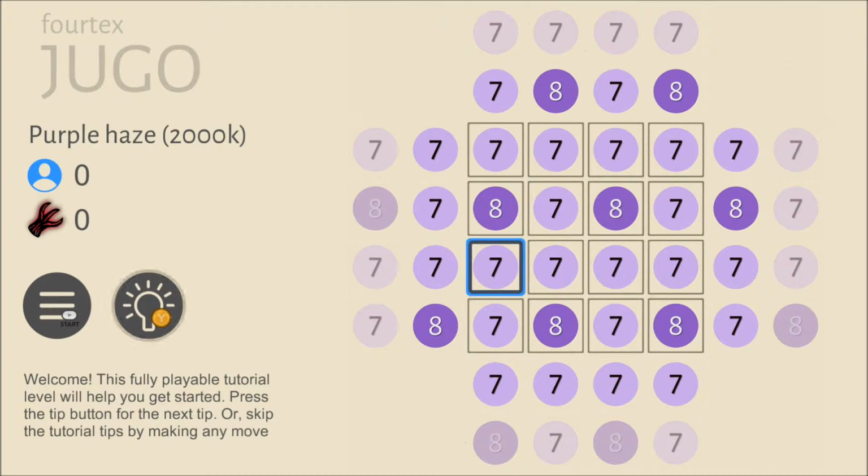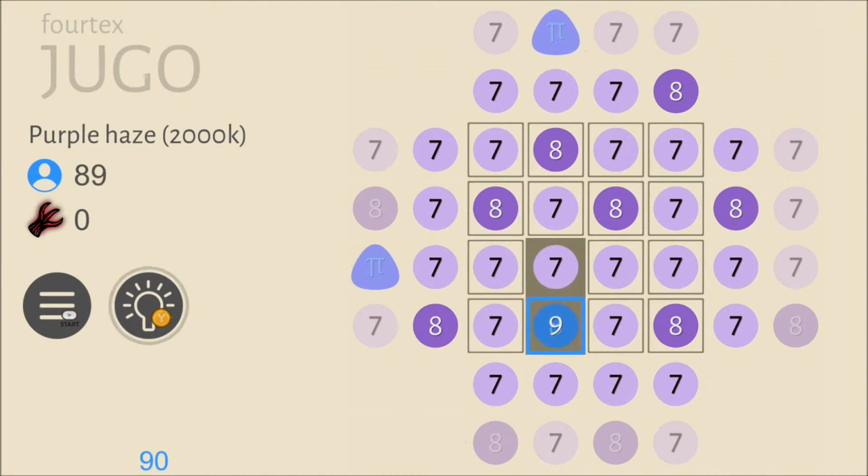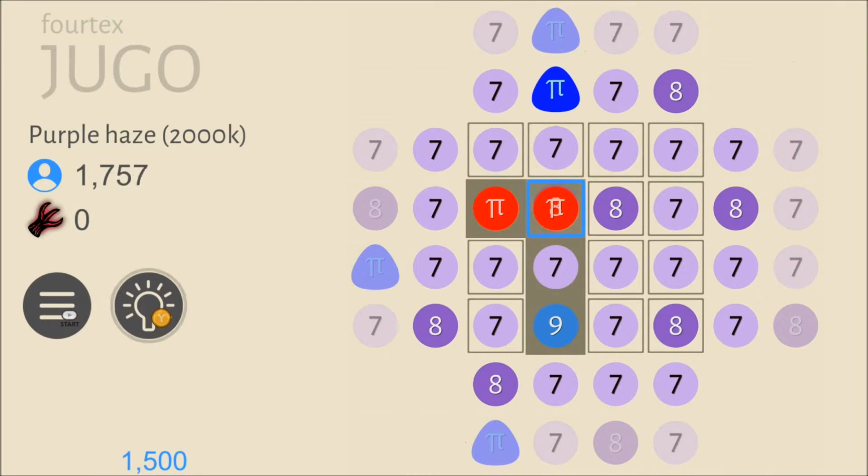So if I go from that to that there, you can see that where I've landed has then gone dark, which is great. And then I can move the 8 to the 8, and again that will cover, and you can see each time I'm doing that the number's going up and up. Eventually though, if you're trying to make a 15, you'll then get a pi, and then if I put two pies together, that will make an